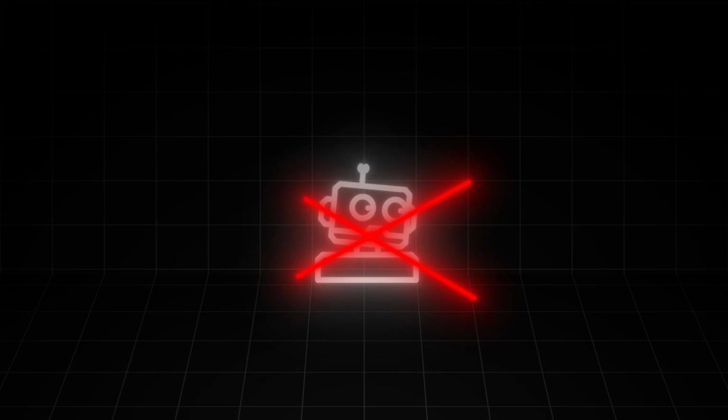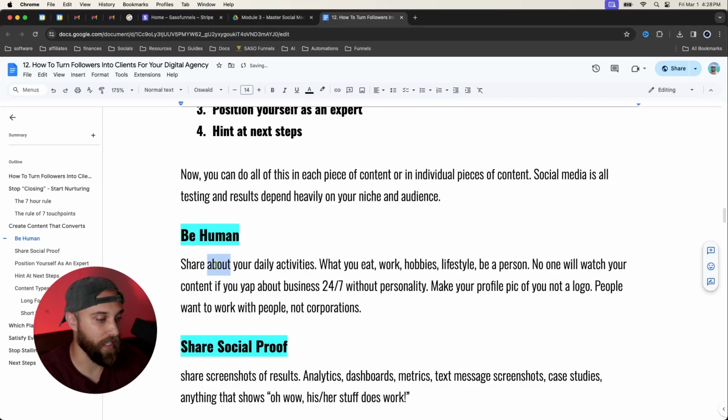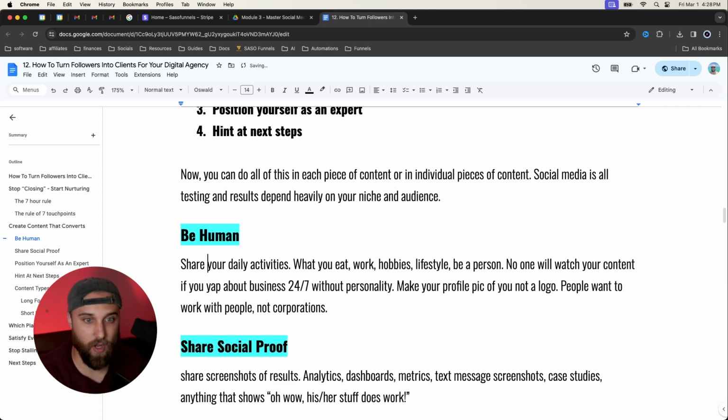So let's look at number 1, be human. This is really simple. All you need to do is share your daily activities. So you've got your phone, take a picture of what you're doing. I could take a selfie right now and be like, hey, I'm making content, making a YouTube video, right? What you eat, work tasks you're doing, hobbies, lifestyle. Be a person, right? No one is going to watch your content if you're just yapping about your business 24/7